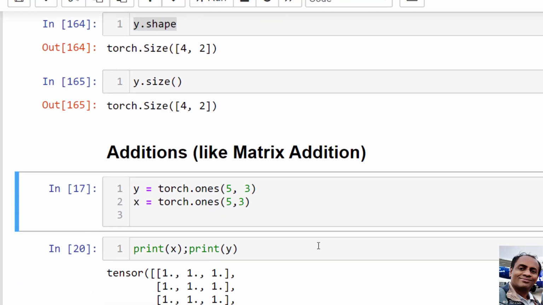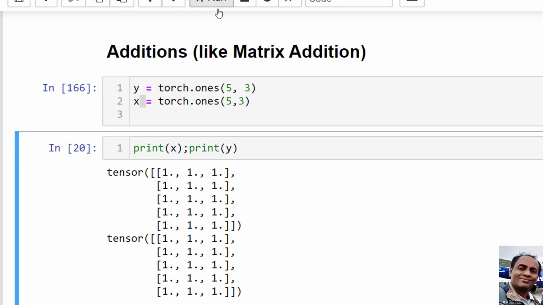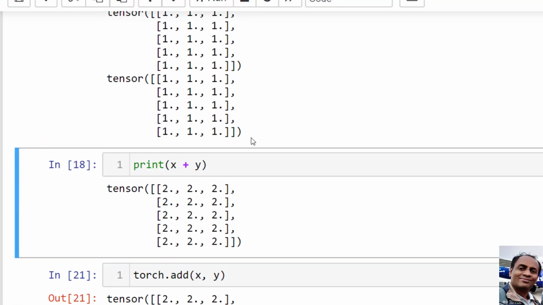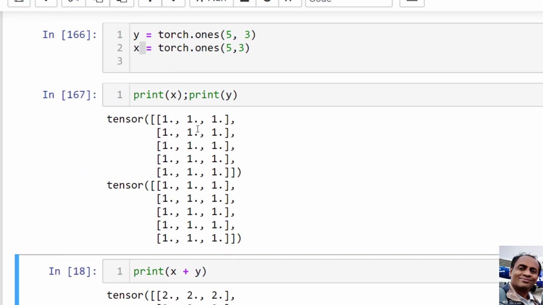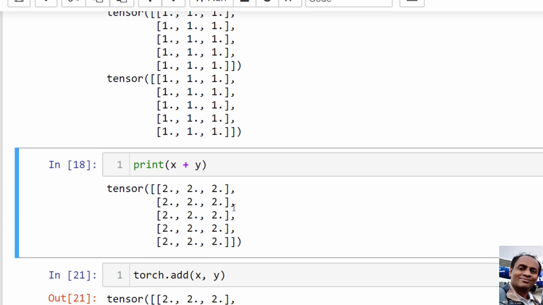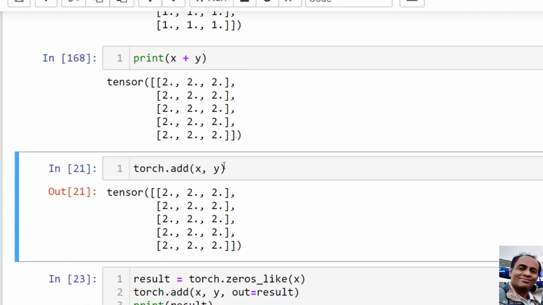You can also do matrix additions. So let's create two torch tensors, y and x. You can also create by calling torch.ones, so it will create 5 rows and 3 columns. Okay, so x is again 5 rows and 3 columns. Let's print them. So as expected, 5 rows 3 columns, x and y, and print x plus y should be element-wise addition, right? So it should be the same dimension 5 cross 3, but all the elements are 2, 2, 2, 2. Okay, you can also add by torch.add(x, y), x plus y and .add(x, y) also will give